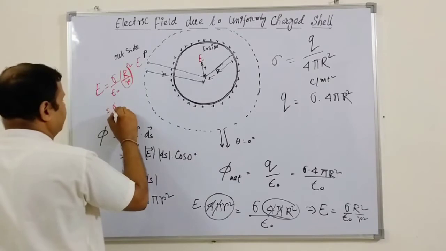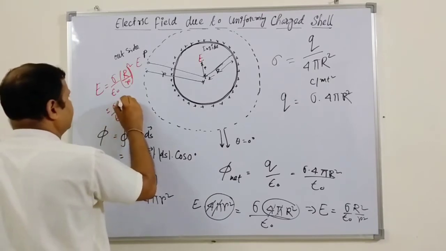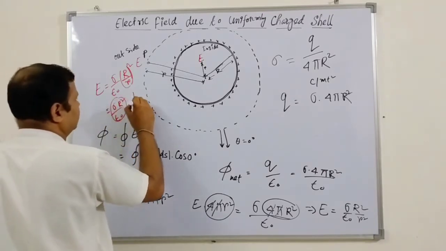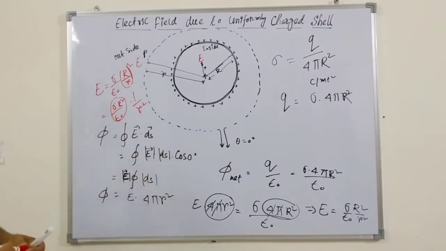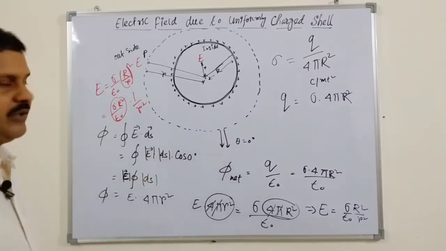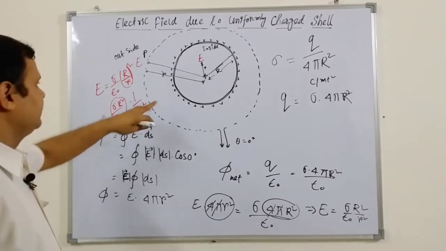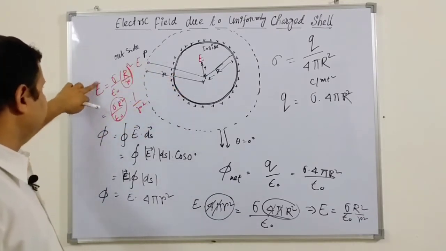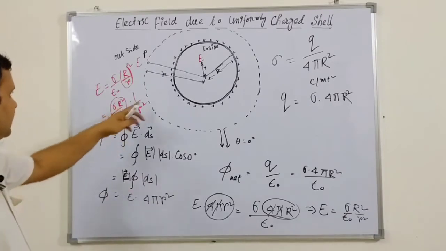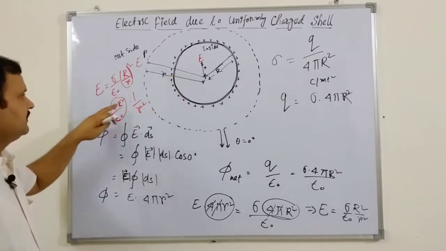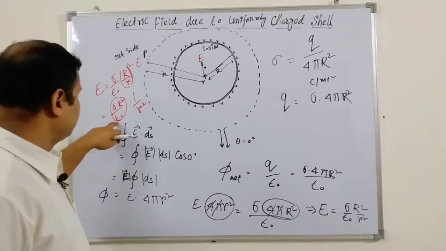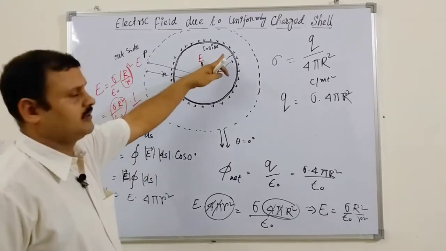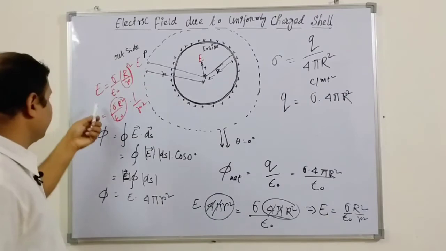As this is constant, you can write it like this: sigma, epsilon naught, then r square, these are all constant values, and it is also an inverse square rule as per Coulomb's law. It is proved like this. Correct? This is the inverse distance square law for the electrical field generated by this, because all these are constant for a spherical cell. Sigma, the areal density of the charge, is given, epsilon naught is constant, and the sphere radius is also the same. So this is the electrical field for the outside.